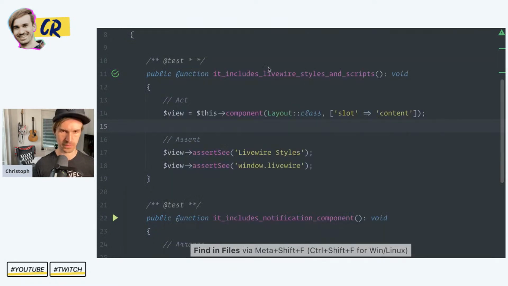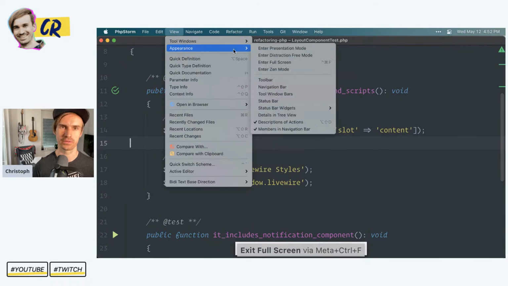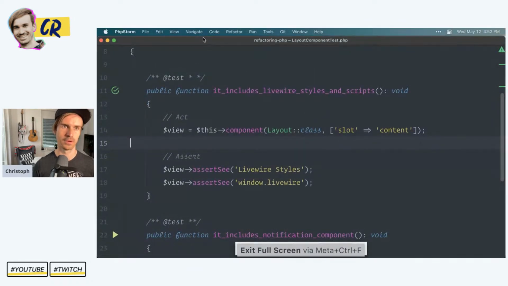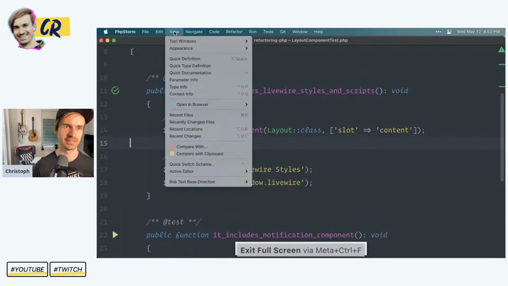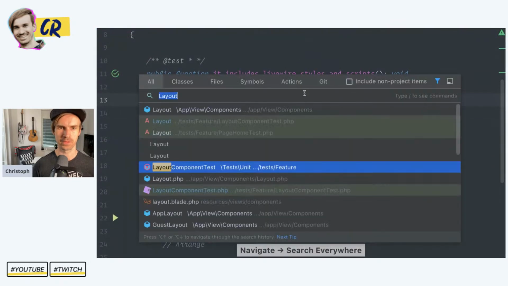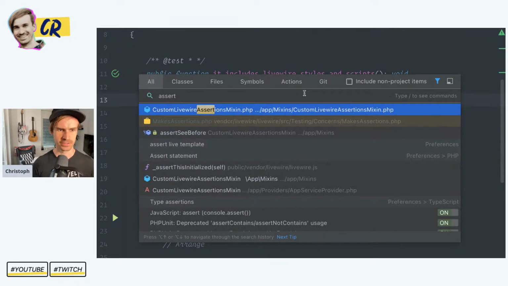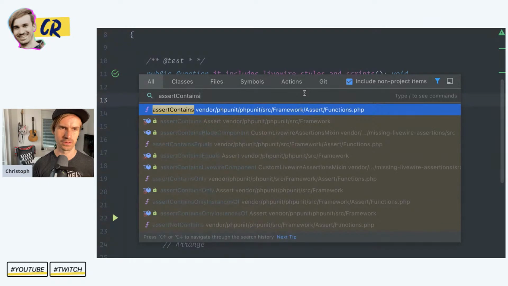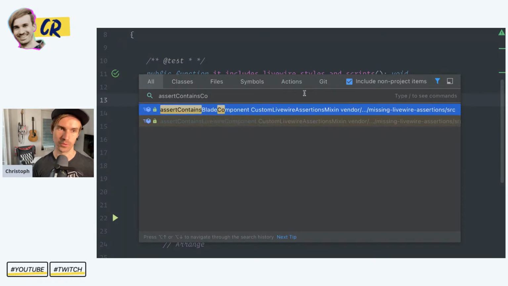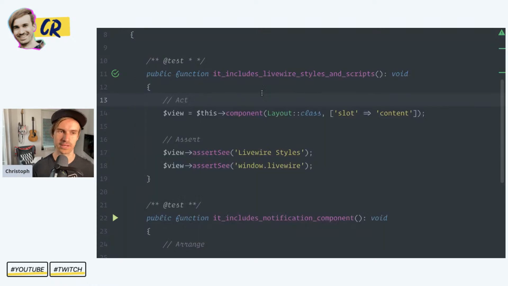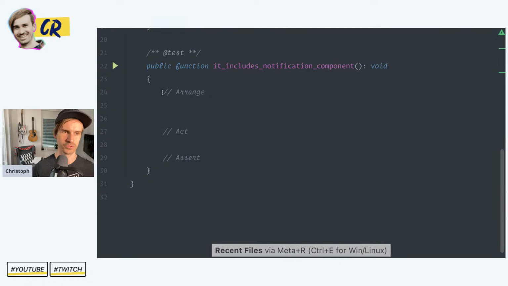Let me search again. Whoa, what's happening? That's not shortcut. Okay, that's strange. That's not what I was looking for. Okay, that's still the same. Assert contains Livewire component. Okay, so we have done this for a Livewire. So this means that from inside a Livewire component, you can check if there's another Livewire component or a blade component given. Okay, I thought we already did something like this because, of course, what I want to do is